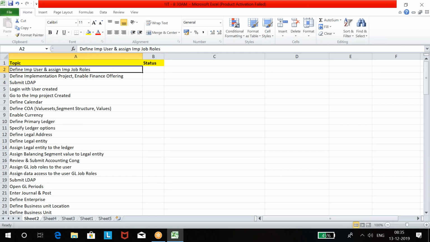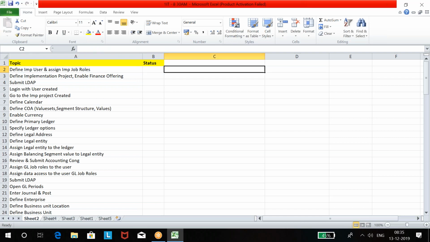The first step, we are going to create which user? Employee user and implementation user. Why do we have to create the implementation user first? Because we need setups. Ultimately we go to the employee user and we start working from the employee user. But you are saying first we need to create the implementation user, not the employee user. What is the reason? What kind of setups do we need to complete?